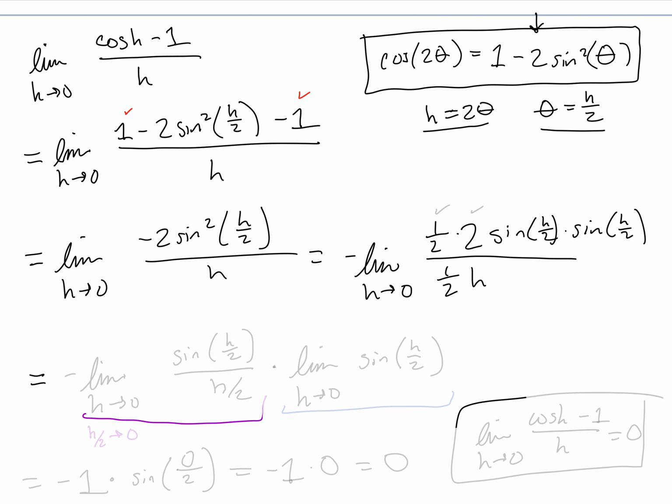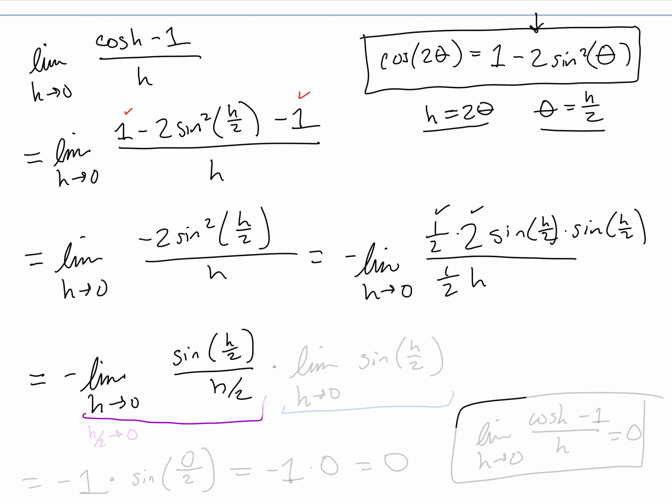And so that's equal to negative limit as h goes to 0. So now this 1/2 and the 2 cancel out, and we've got sine of h over 2 divided by h